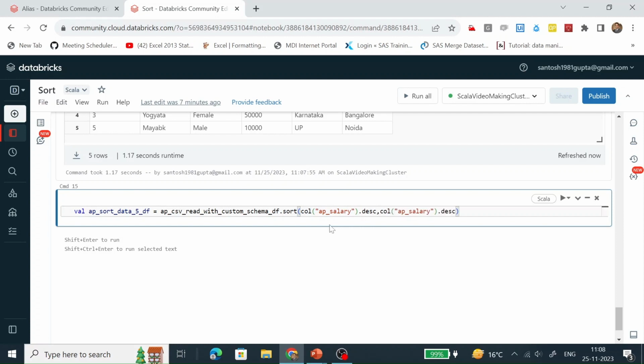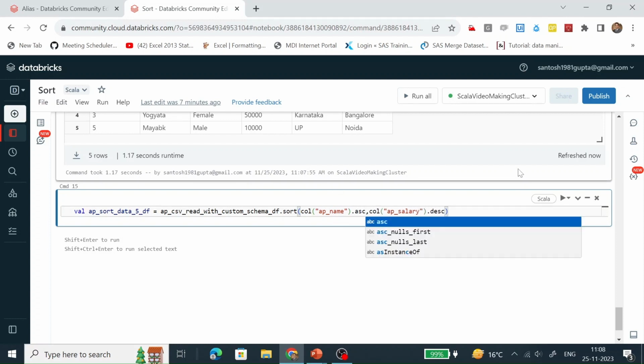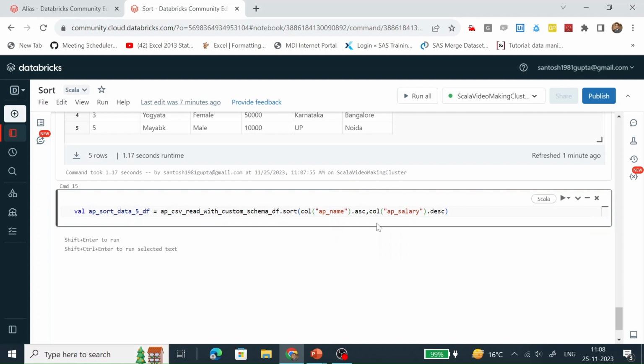First let's sort by AP name in ascending order, and then sort AP salary in descending order.